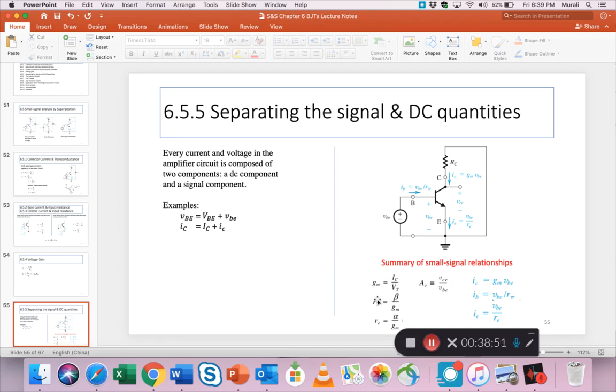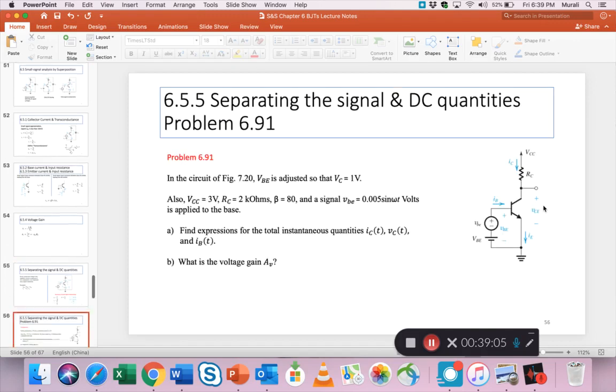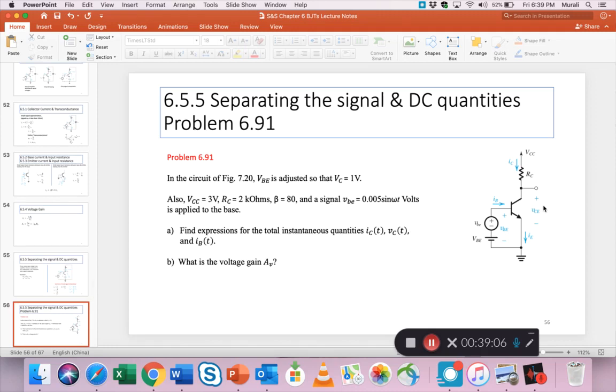The GM, the R pi, the RE, and then how are the currents and the various currents related to these factors? They're also here. Okay, so all this is in one place, and you might need to refer to this when we are doing problems. Okay, so the next slide, 56, is a problem where we would be using the information from the previous circuit,